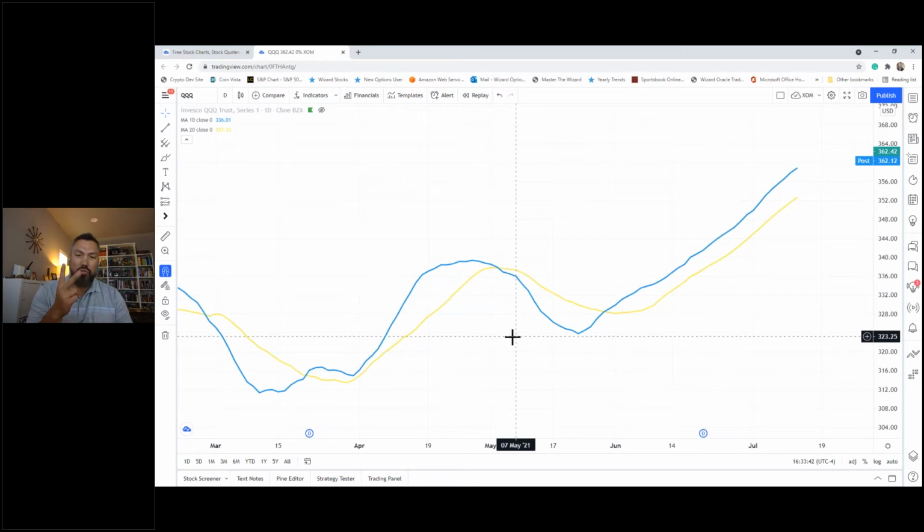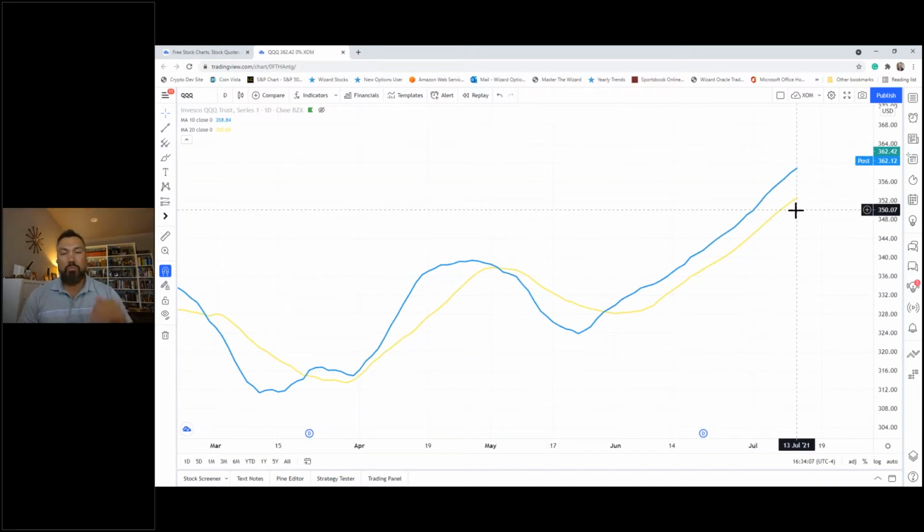So now I've got these two trend lines. One's a 10 bar. The next one is a 20. Okay, so I'm on a daily chart. So the blue line is a 10-day moving average of price. The yellow is now a 20. So now we're looking at a larger one, double the length of the next one. And just think of directions, okay? So this is today. You see the blue line is above the yellow line. What is the angle of both those lines? They're both up. So that tells us that the Qs on a 10-day and a 20-day are in an uptrend.